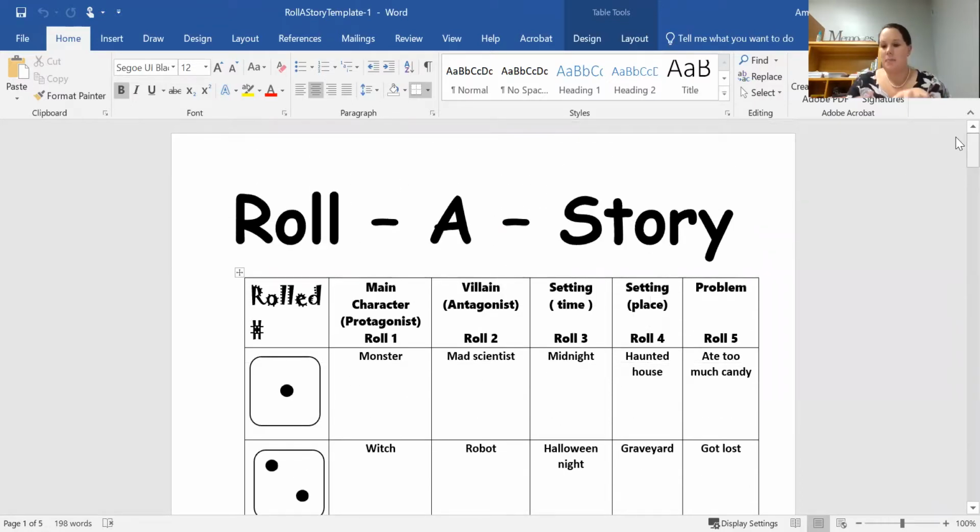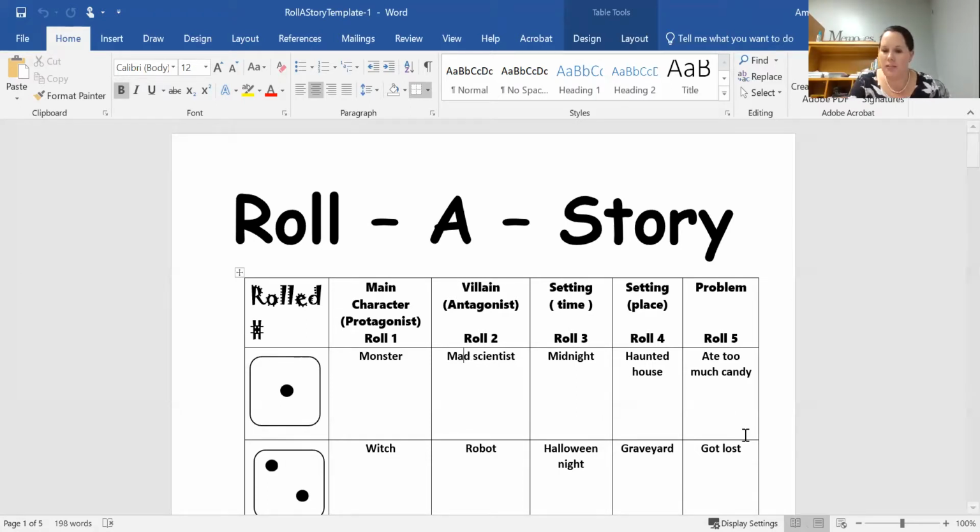So this is step 1, okay? Step 2, this will be uploaded on Canvas for my online kiddos. Step 2 is going to be to complete one of these, and I don't have this digital yet, sorry. You can look at it on the screen. Doesn't that look familiar to you? That is a story map. And you've got the boxes on the side that will let you fill in the blank. Okay, who's the antagonist? Well, if you roll a 1, your antagonist is a mad scientist. Your protagonist, if you roll the 2, you're the witch. And then your climax is going to be your problem.